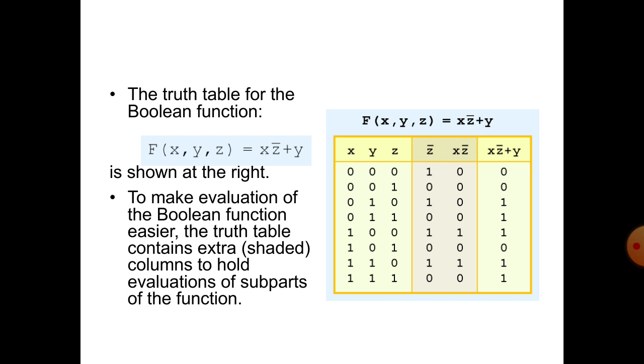The truth table for the Boolean function x dot z bar plus y is shown at the right. To make evaluation of the Boolean function easier, the truth table contains extra columns to hold evaluations of subparts of the function.